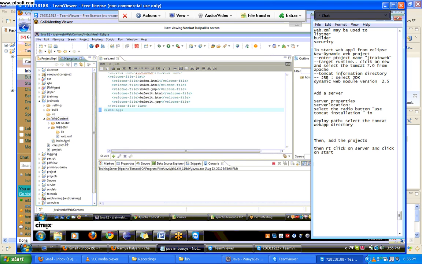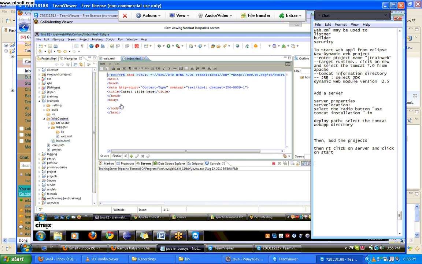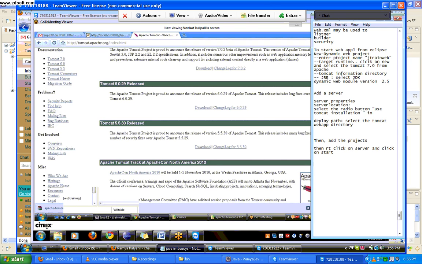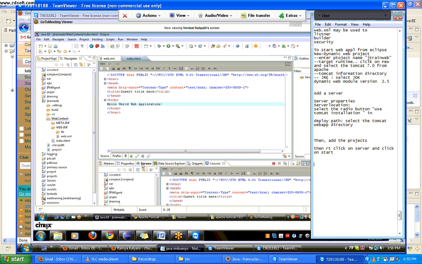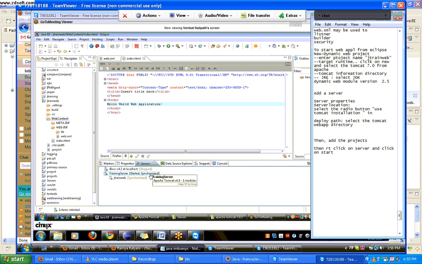See, I created an index.html file myself right now, and in the body I'm going to put something like, hey, it is a web application, or a hello world web application. That's all it's going to be. And now let me run this web application. See, we changed the index.html file, and after you deploy the application,